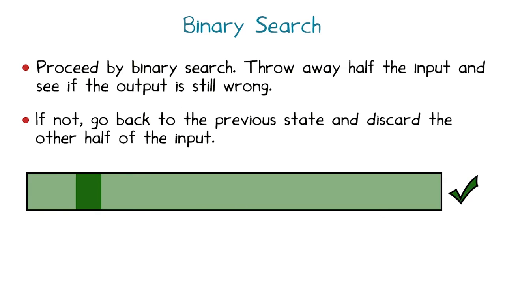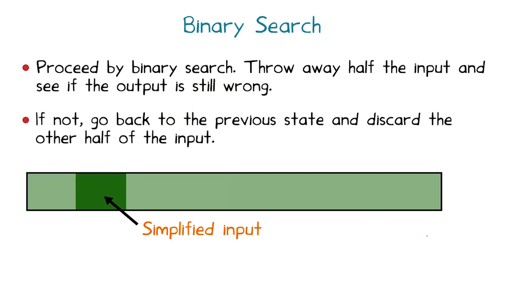Iterating again, we might find that the first half of the new input does not crash the program, and so does the second half. In this case, binary search can proceed no further. The simplified input is this dark green portion of the bar, 1/8 the size of the original input, which is